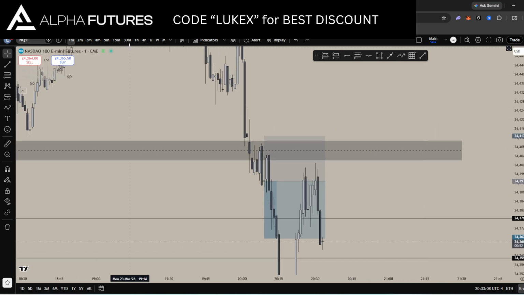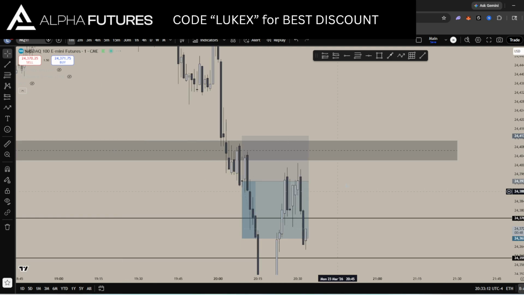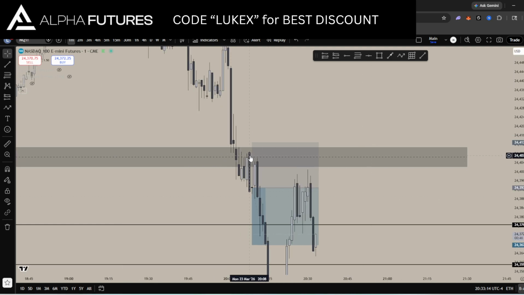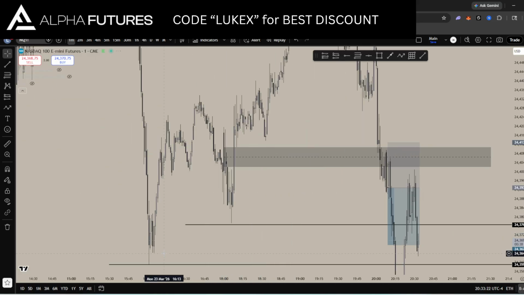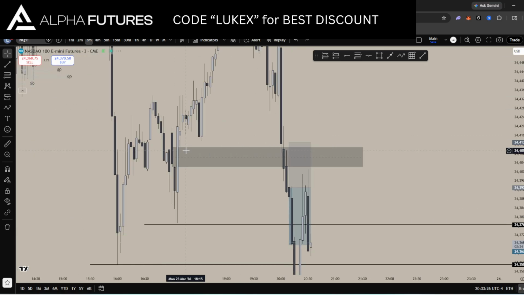So what do we get here? Price pulls back right here. We get a little bit of a pullback. We don't pull back into a gap, but at this point, we get this huge displacement candle to the downside. So we're displacing towards the draw on liquidity, which are these two lows right here. We just inversed the 3-minute gap, which is the last line of defense for bulls to push price up, and clearly it broke.